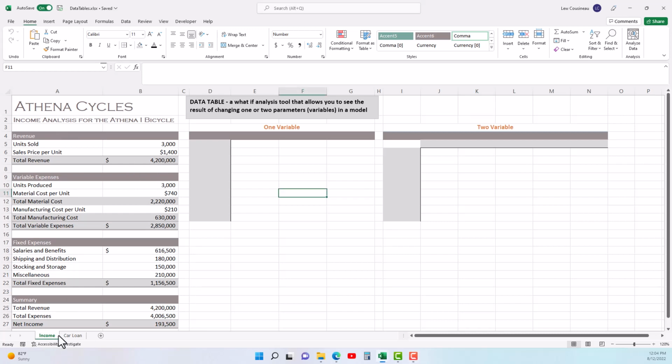Right over here, I am calculating my net income when I produce these cycles. Obviously, I'm going to generate some revenue. I have some variable expenses, fixed expenses, and revenue minus expenses is my net income. The question becomes, what if I produced 4,000 videos or cycles? I could just type 4,000 and see the result. But then what if I only produce 2,000? I could type it in here